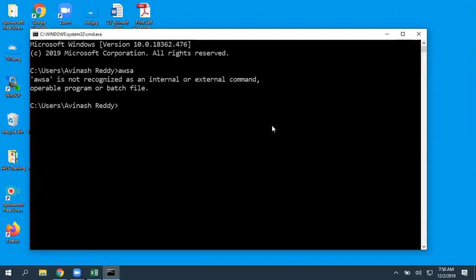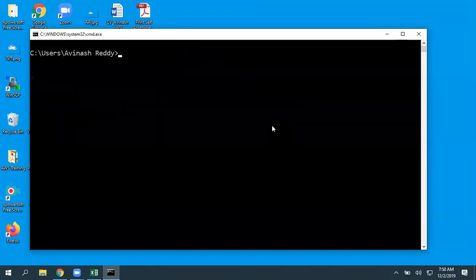Okay, if your terminal is already open, close it and open a new session. Once you're done with that installation, if you want to verify whether it is installed successfully or not, give aws --version. When you enter this, it tells us the installed AWS CLI tools version.